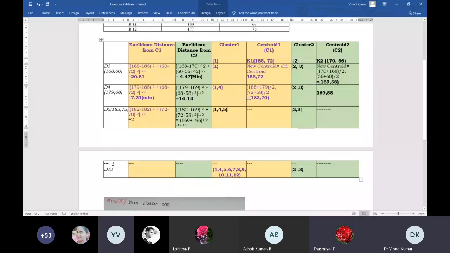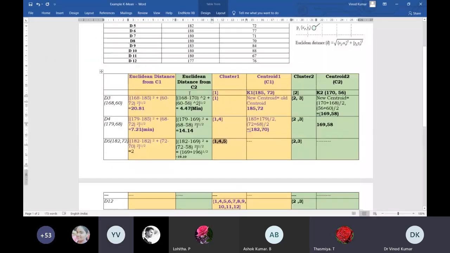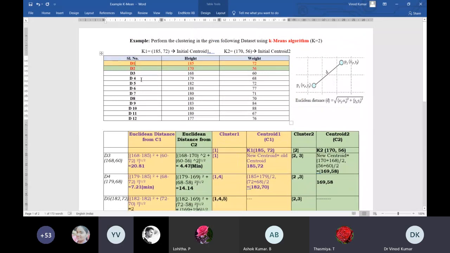So now, similarly, you can check whether my cluster centroid has changed or not for C1, because now you are having 3 elements. Again, you have to take the mean of these 3 values. 145. What is 145?